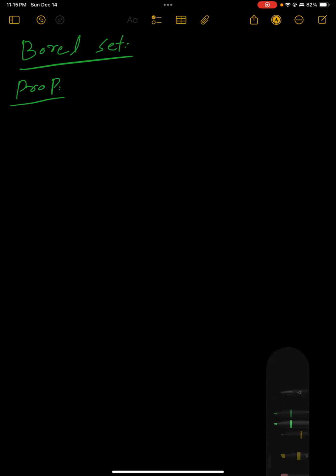Okay, today we are gonna start with an important topic which is called Borel set. But first, we are gonna do a proposition which is important, but that proposition is about the smallest sigma algebra. So it says that let X be a set,